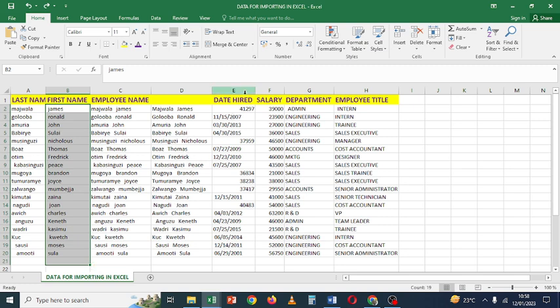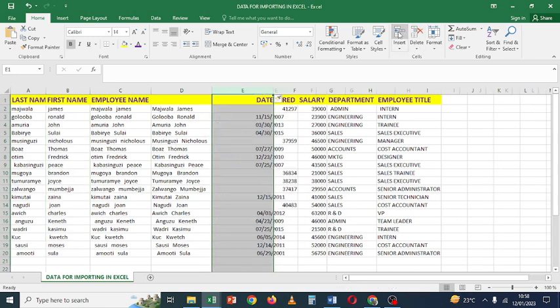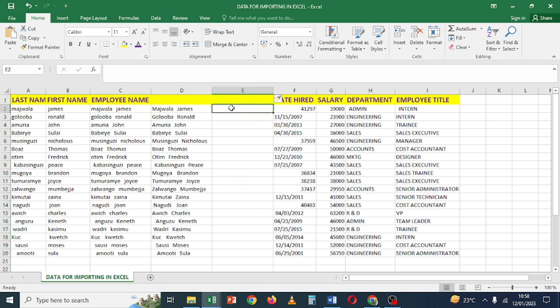Okay, let me first insert a new column. Then I get here. So what do I want to do? I want to remove the unnecessary spaces. So I say equal to trim. Excel uses trim. Open. I want to trim this text. Close the bracket. Enter. Now you can see even the space which was between Majuara and James has been